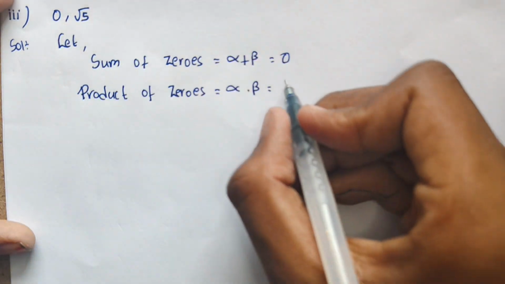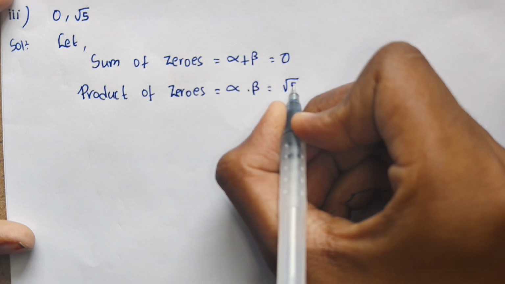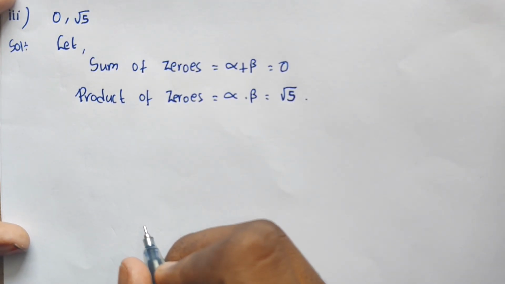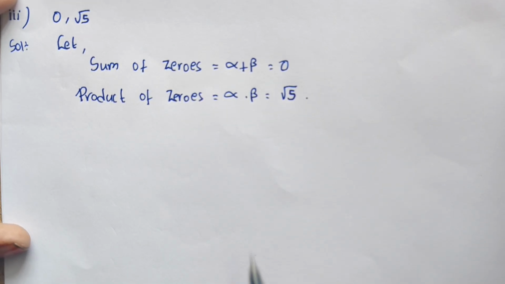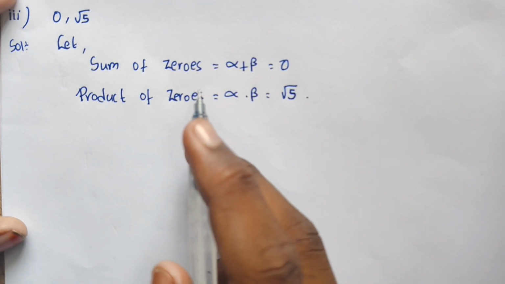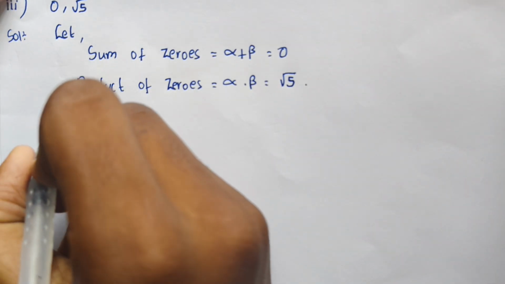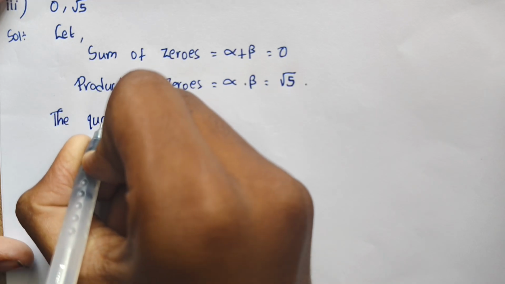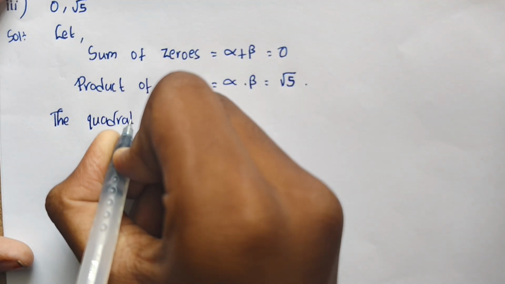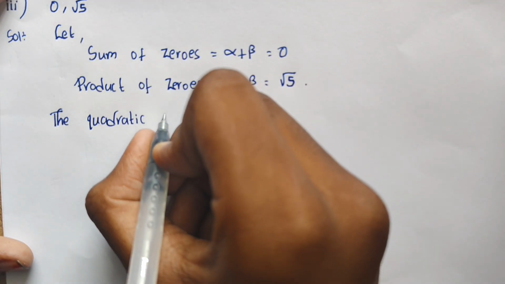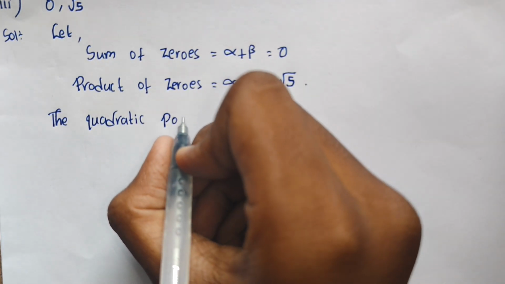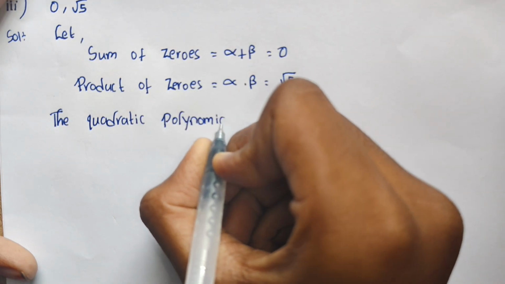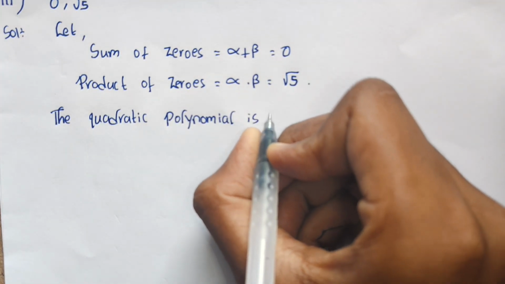Alpha into beta is square root of 5. So we got the sum and product of its zeros. Now let us write the form of quadratic equation. The quadratic polynomial is in the form of